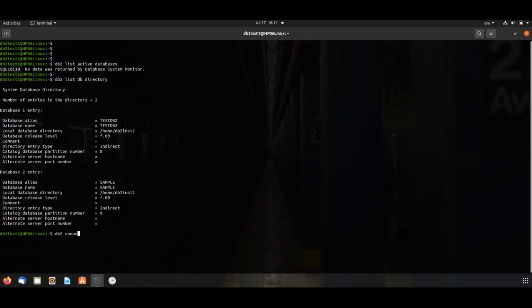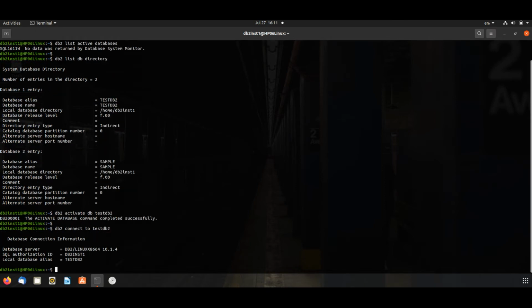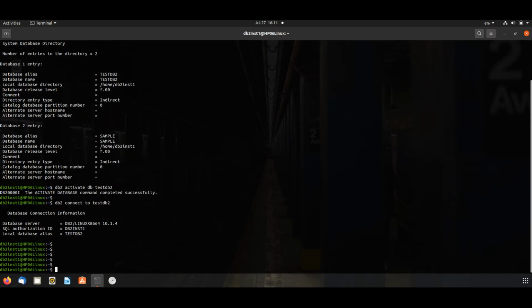First we need to activate: db2 activate db TESTDB2. It will activate this database. Now we will connect to this database: db2 connect to TESTDB2. Now we are connected.